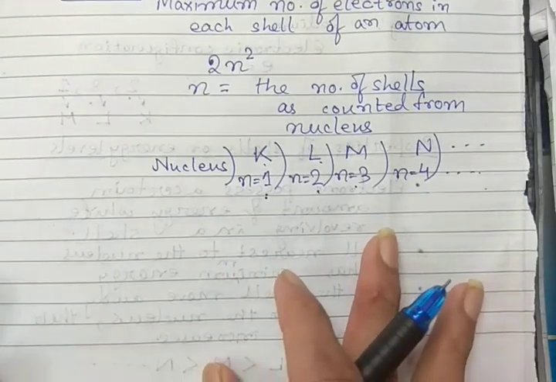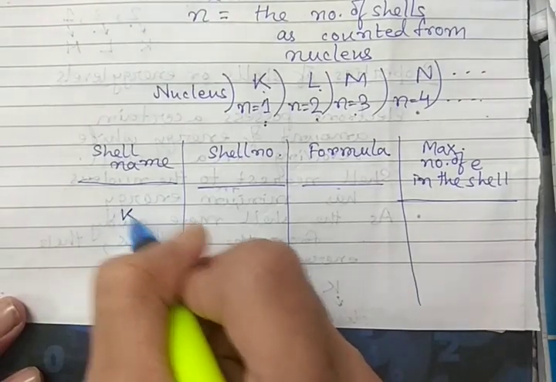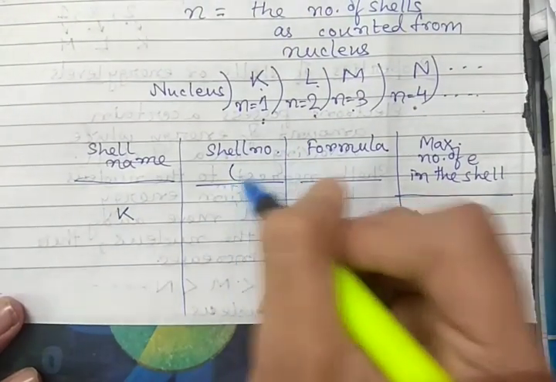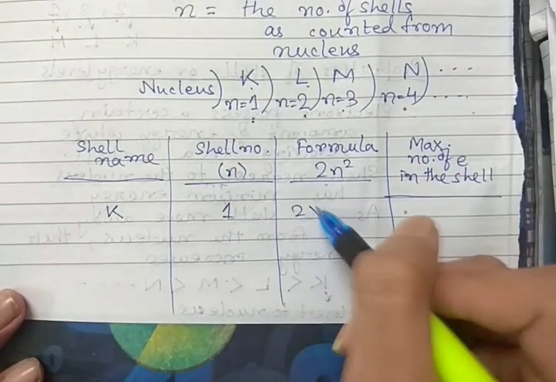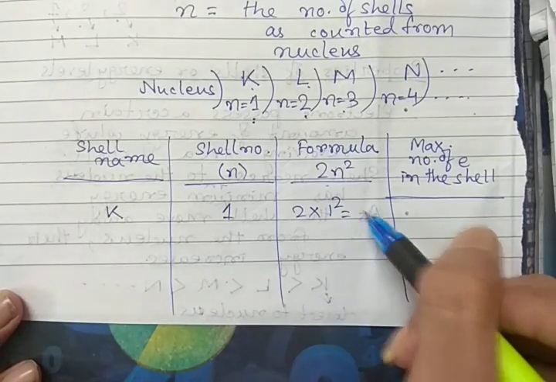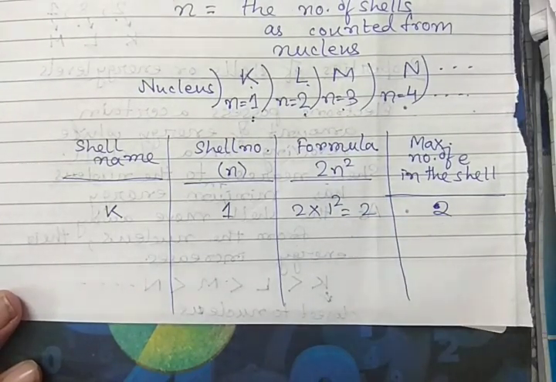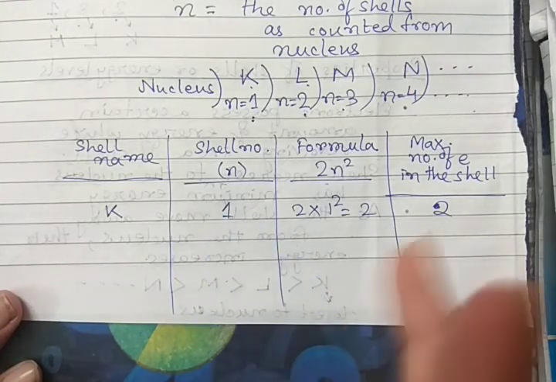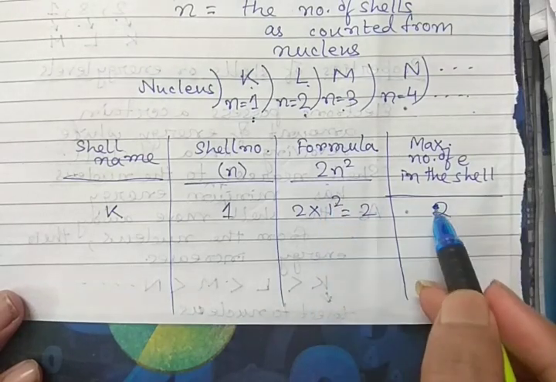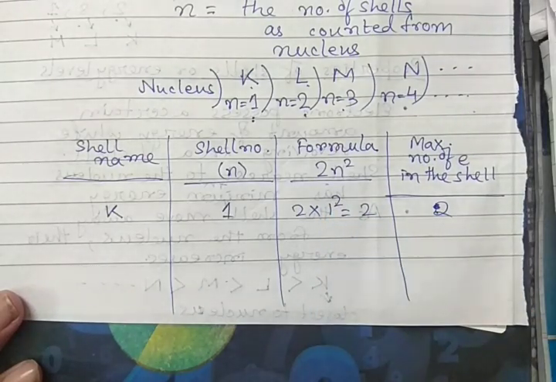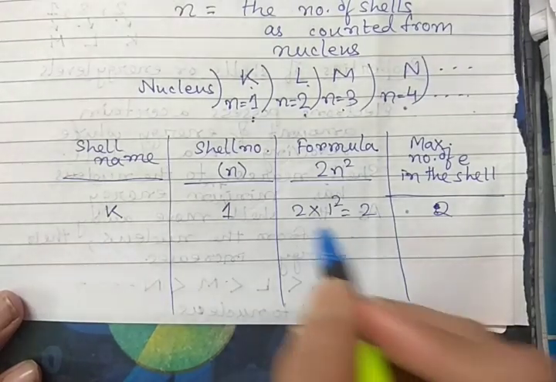shell. Okay, so the first shell is K shell. So shell number is n, it is 1. তাহলে formula is 2n square. তাহলে 2 into 1 square, which is equal to 2. Therefore maximum number of electron in the first shell can be 2 ক্লিয়ার। তার জন্যই দেখবে সোডিয়ামে আমি কটা ইলেকট্রন বসিয়েছিলাম, ফার্স্ট শেলে 2টো ইলেকট্রন বসিয়েছিলাম। কেন? কারণ 2n স্কোয়ার রুল অনুযায়ী ম্যাক্সিমাম নাম্বার অফ ইলেকট্রন একটা শেলে সবসময় কত হতে পারে? 2টোই হতে পারবে, ঠিক আছে, নট মোর দ্যান 2, ক্লিয়ার।